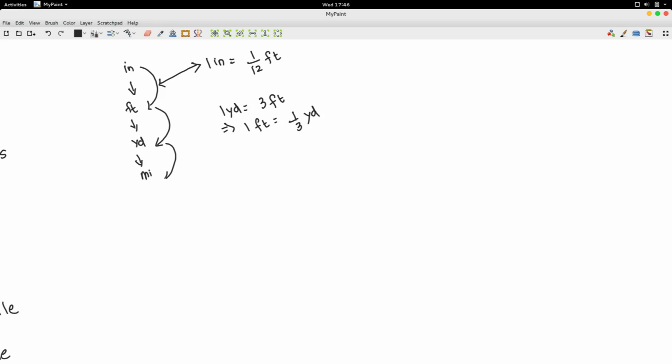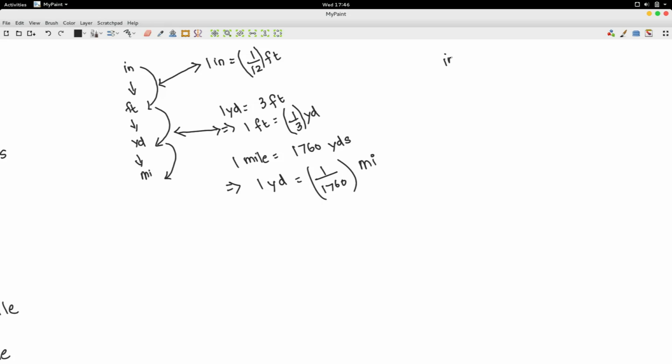Go from yards to miles. We know that 1 mile is equal to 1760 yards. This would imply 1 yard is equal to 1 over 1760 of a mile. So if you're going in the forward direction, you will encounter these formulas. But if you're going in the backward direction, such as this,